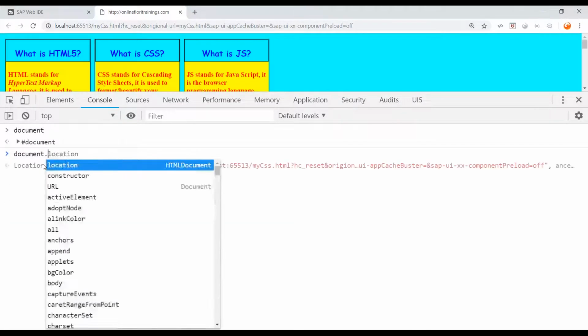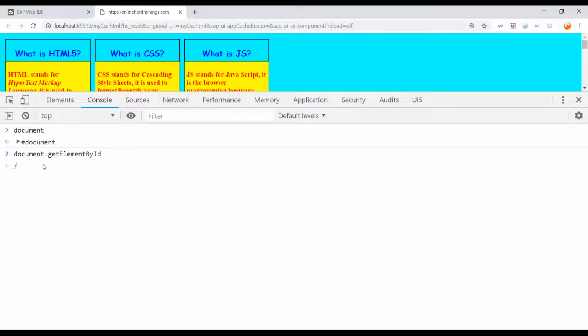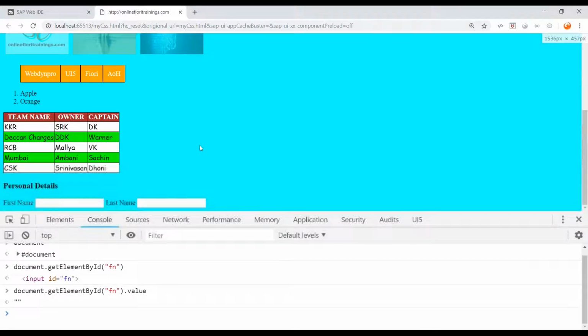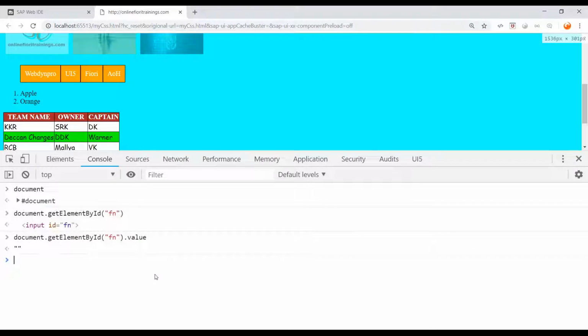I can say document dot get element by ID. Do you remember we had an element with first name, the input field we have, so I enter that, and there you go. You see it's giving me the object of that input field. Wow, superb. I can read the value now using dot value property, and see it's empty right now. Now see the magic. I can come down, I can have any value entered. I can say Anubhav, and now I can go back and call that API again, press enter, and there you go, it's printing Anubhav on the screen. See guys,